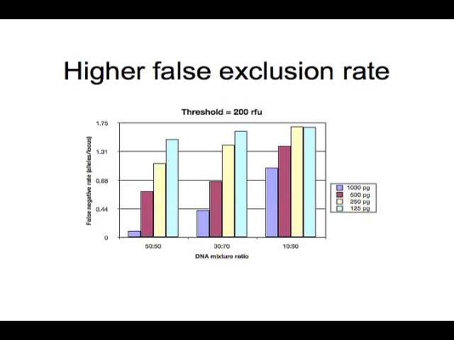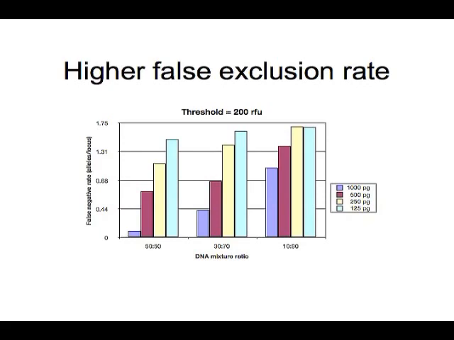Just when every peak, you can see it has a certain rate. This produces even higher false exclusion rates, as we see here. With a threshold of 200 RFU, we're in the range where many labs have moved to now, the false negative rate of alleles per locus at different DNA mixture ratios has visibly gone up. Even with 50-50s, where all the peaks are roughly of the same tall height, at 1 nanogram, there's a lower